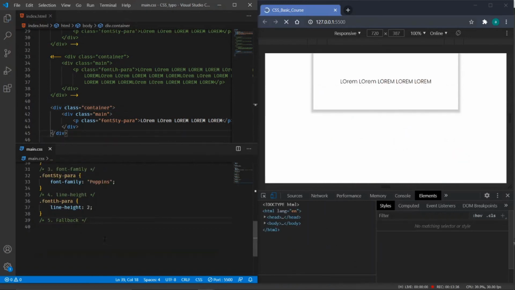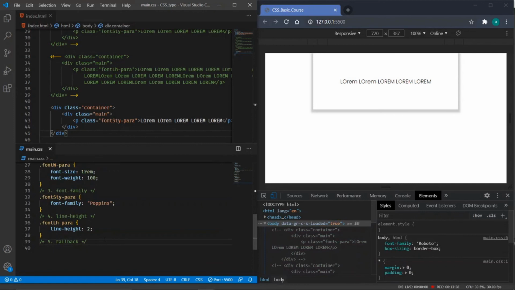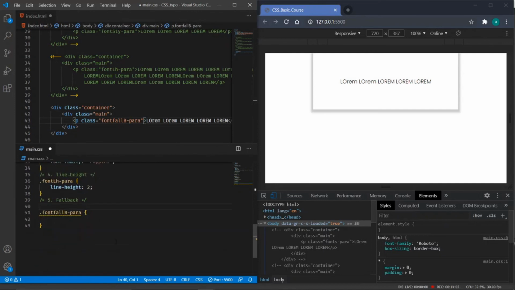Saving this. Okay, so I will have different styling for this also. Font fallback. Okay, so I will target this using the fallback para. So before getting into the fallback, we will discuss first regarding the font face.